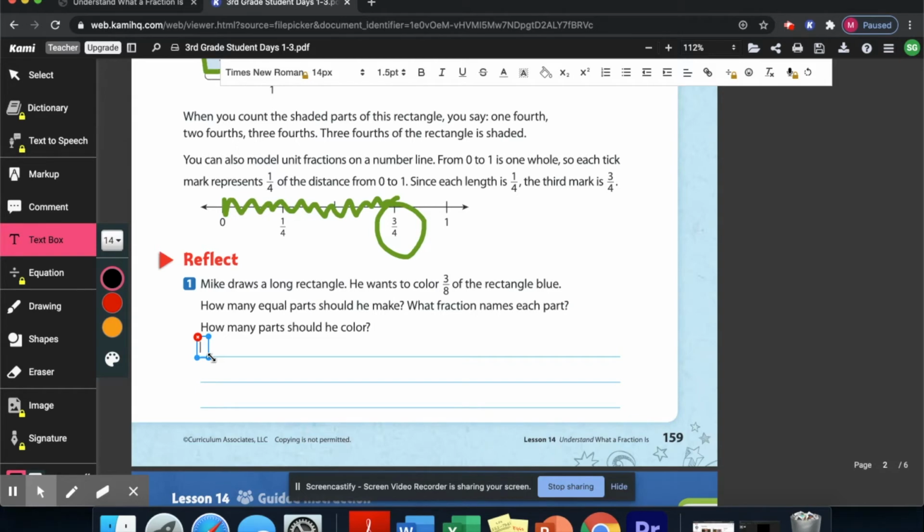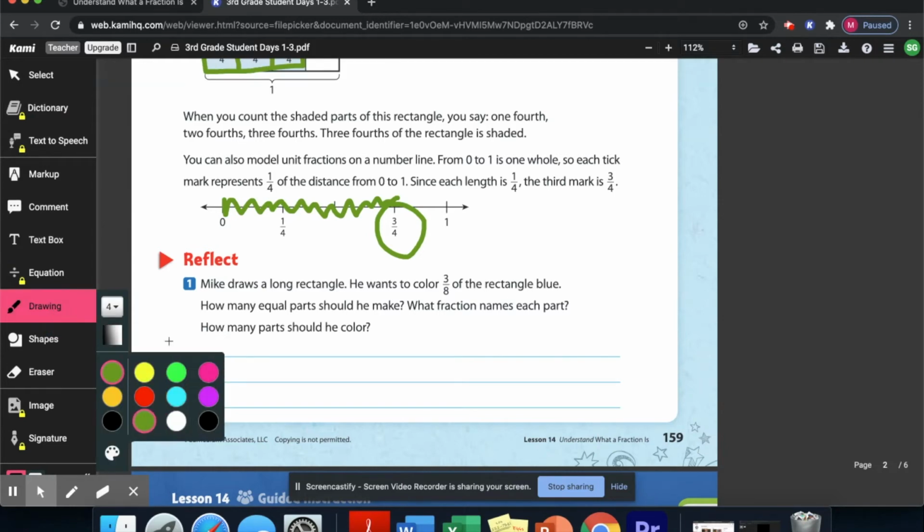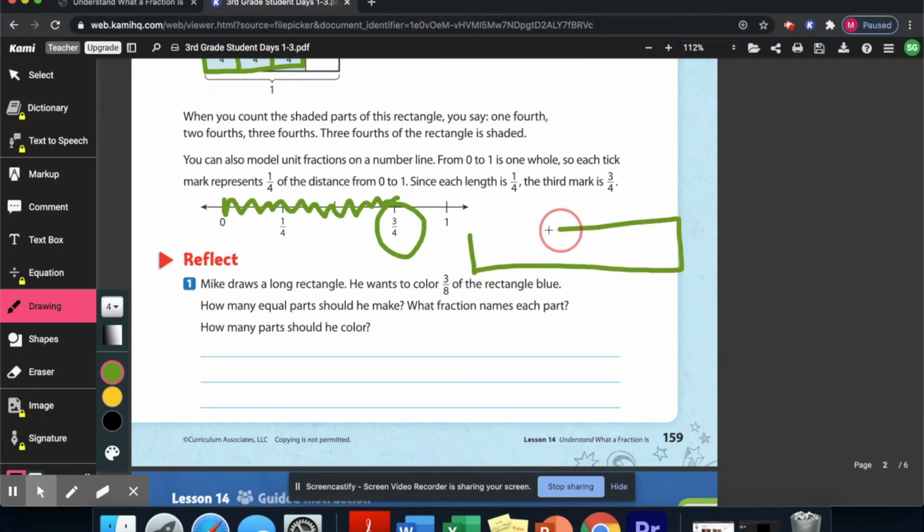So we're going to think about it. We're going to break it down. And this is how you should break it down as well when you look at these. He wants to draw a long rectangle. Okay, rectangle, got it. But he wants to color 3 out of 8 of them. So if you need to, you can draw on the worksheets that we give you. So for example, I'm going to write, okay, I have a long rectangle. I need